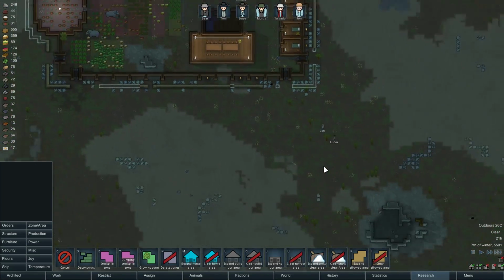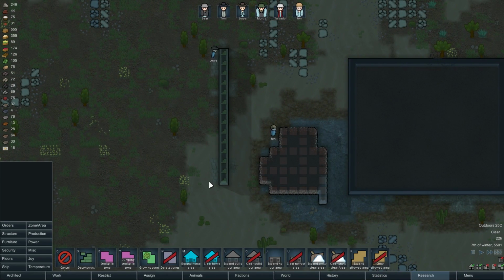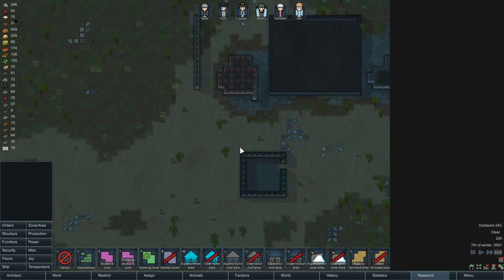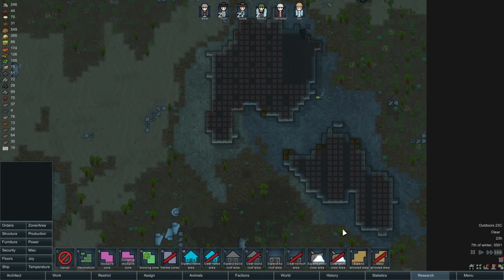Other than that, I mean, everything is kind of going okay. I've got a lot of people doing some mining jobs a little bit far away. There are some deconstruction jobs. There's this mining job down here, deconstruction. Then there is a pretty hefty mining job in this area here,